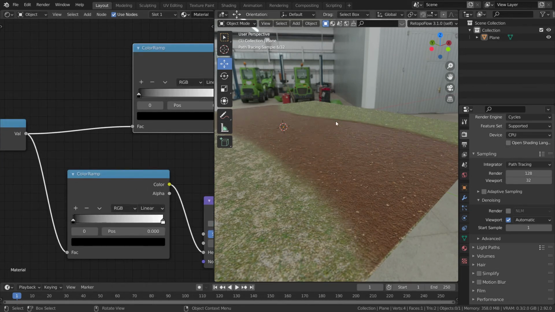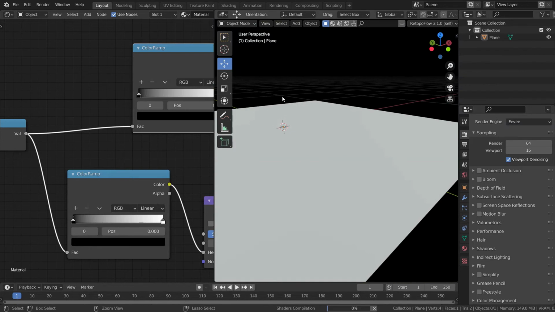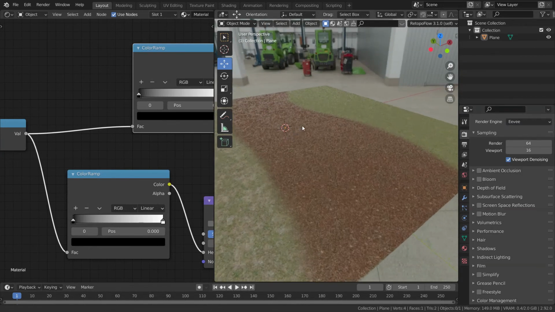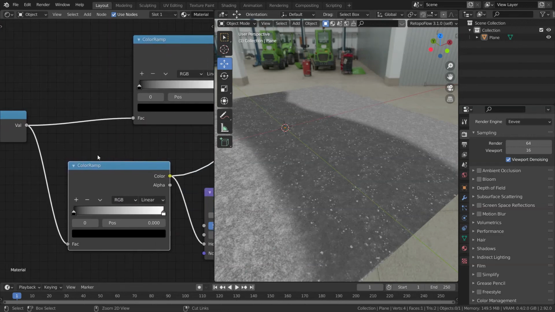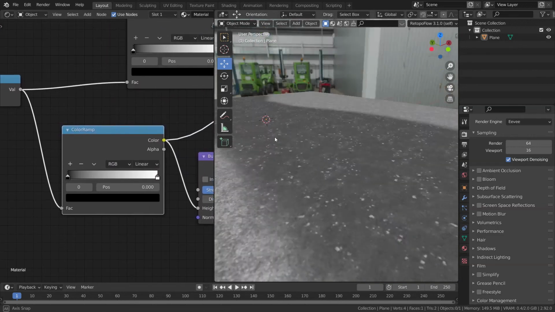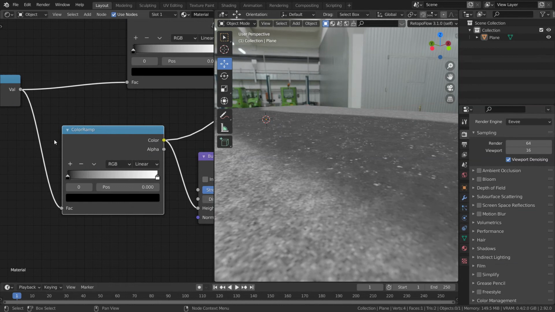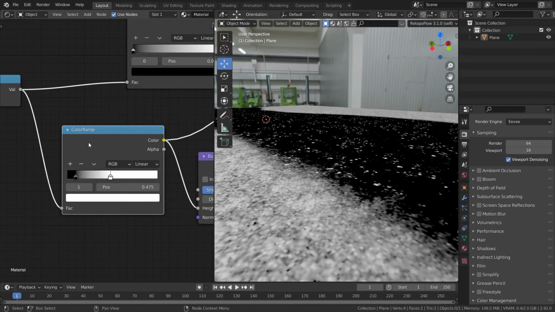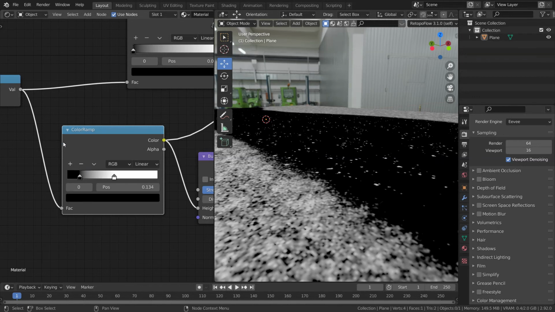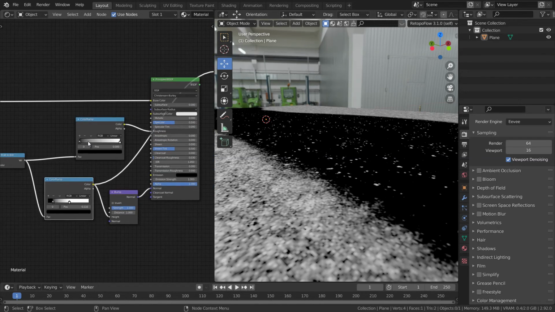We can literally just go and let's turn our EEVEE on because it's faster. So now let us take a look at our bump texture. This is kind of a hack, so hope this works. Okay, so now we can do this as well. Play with this value until you are satisfied.